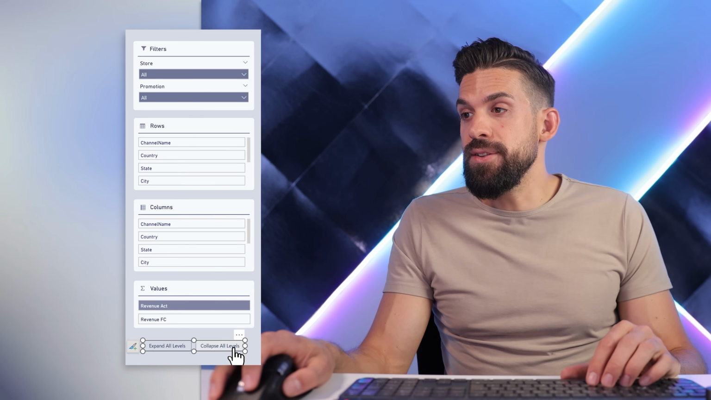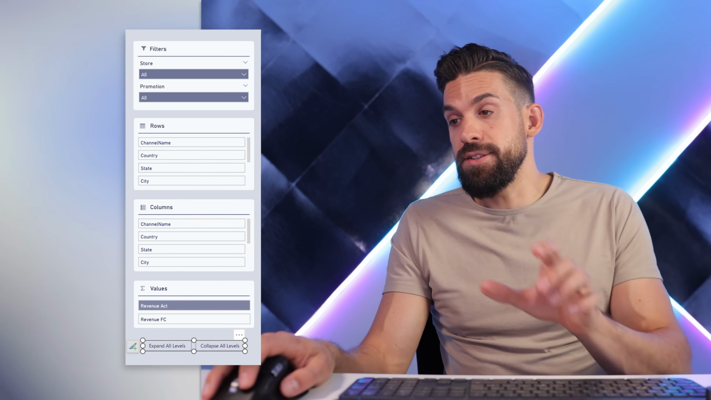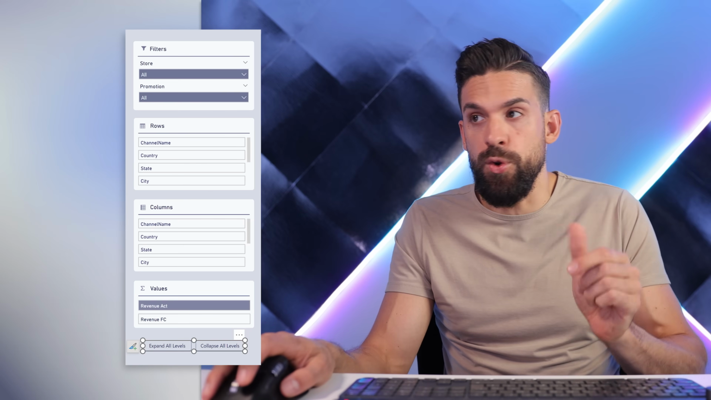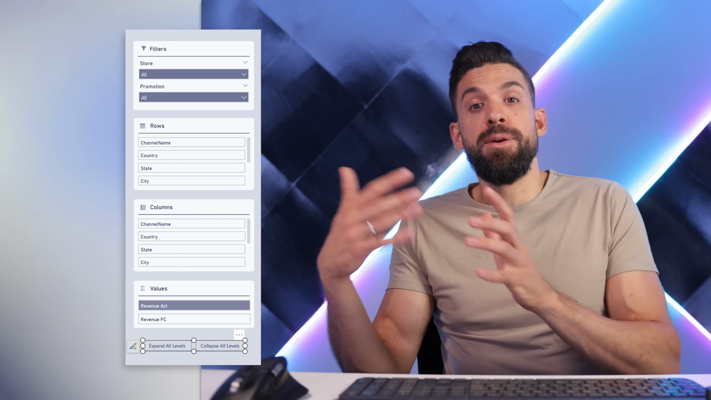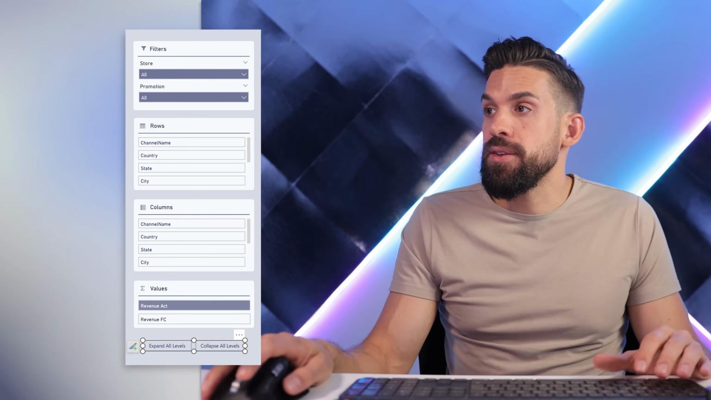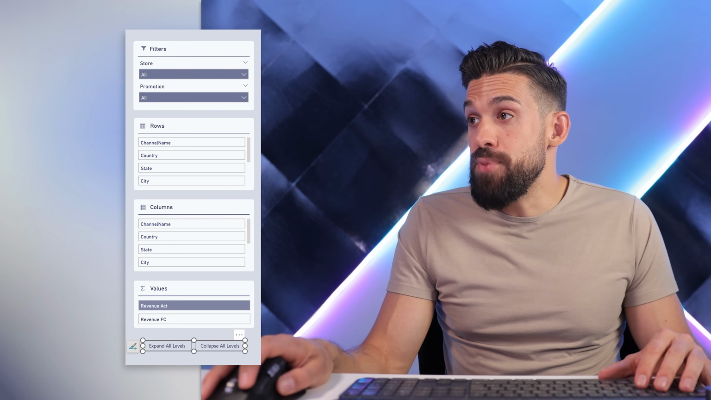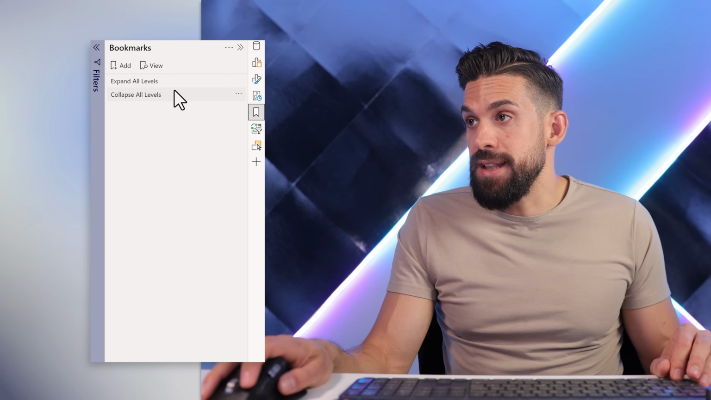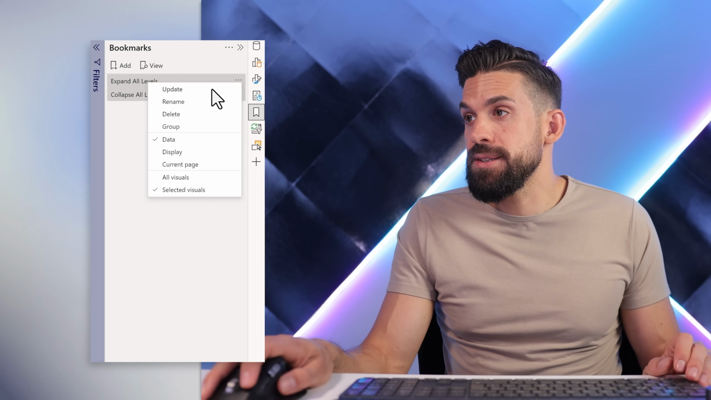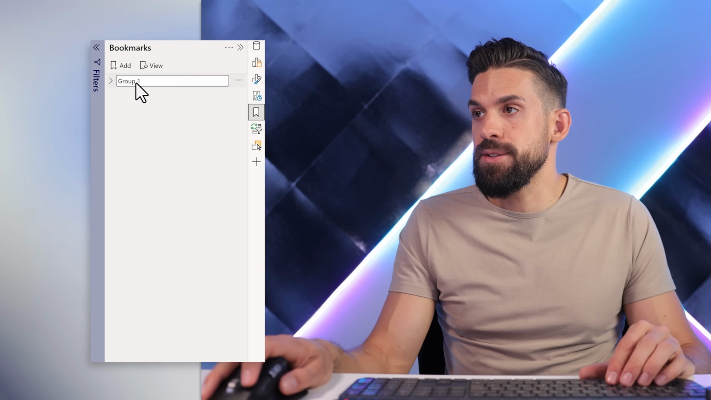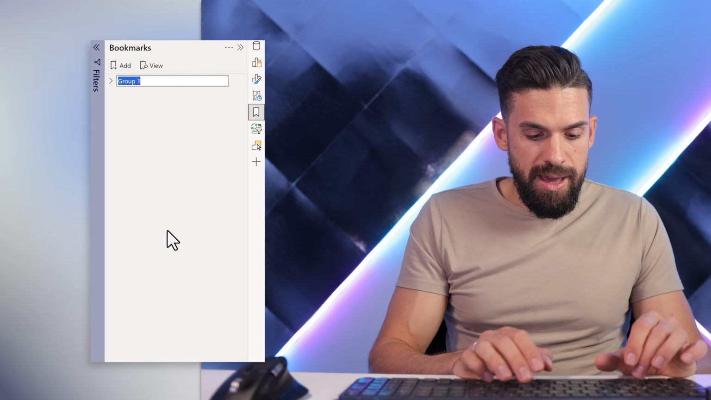Now, the last thing that you need to do is to make sure that the bookmarks that you're using for the bookmark navigator are grouped. That's important when you have more bookmarks than just these two. So I'm gonna go back to the bookmarks pane and I'm gonna select both of them, then click on the three dots and group them together. And this one we can call